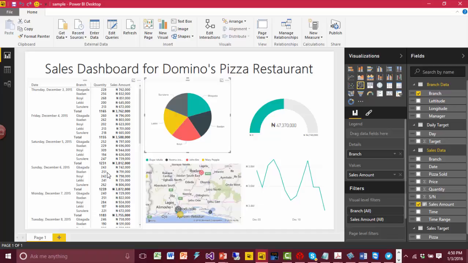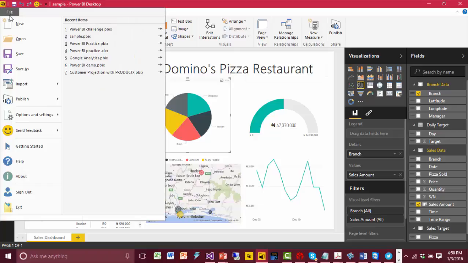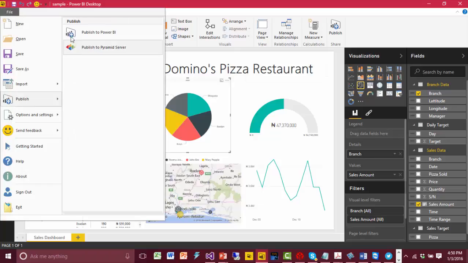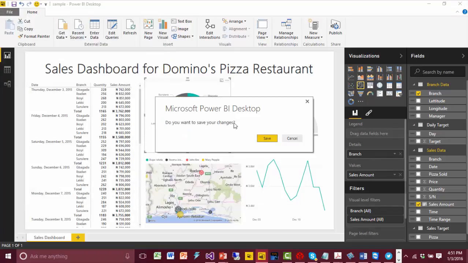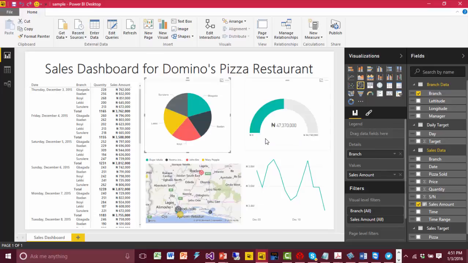So the next steps will be for us to publish and share it. I can rename it sales, and once I'm done I can publish it. So I can come to file, come to publish, and publish my dashboard. It asks me if I want to save the changes. I save, and